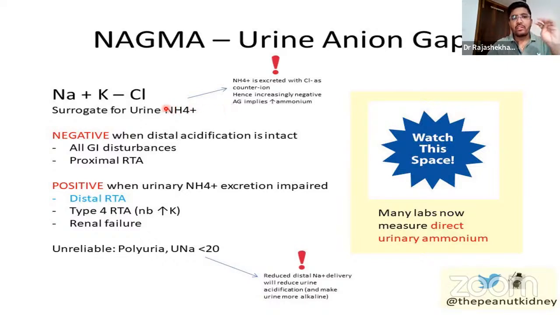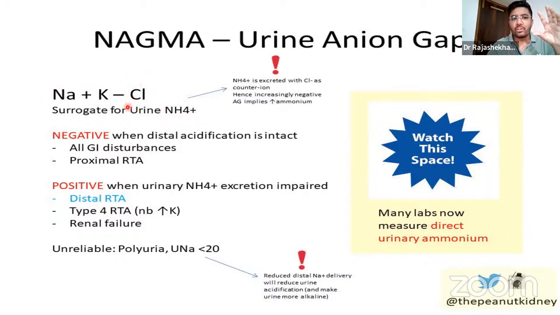I will come again. The body normally excretes the H+. So if there is an acidosis, the kidney tries to excrete this acid more. This excretion of acid only goes in the formation of ammonium, and this ammonium then combines with chlorine. We usually don't have a direct measurement of ammonium. If we measure directly the concentration of ammonium, then it becomes very simple. Whereas if we cannot measure the urine ammonium, we have got a surrogate marker, that is urine anion gap, where